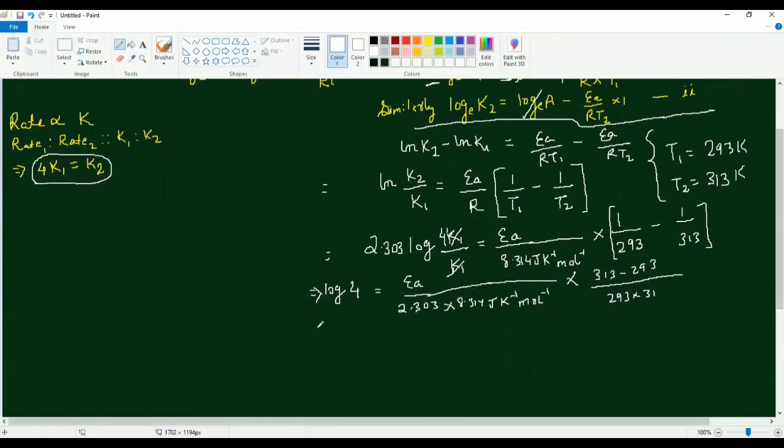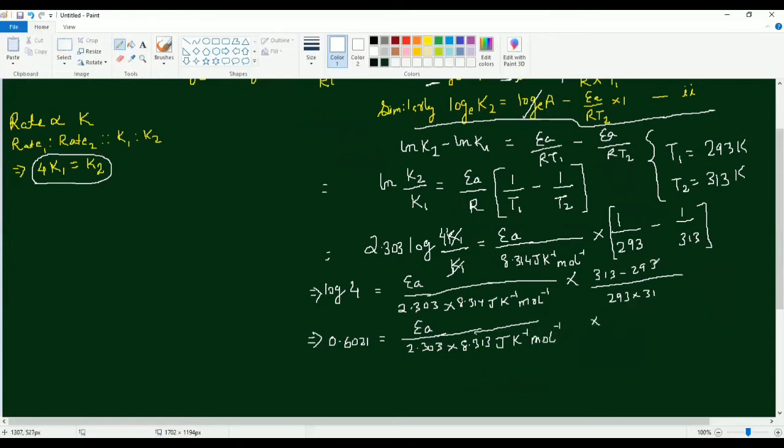Value of log 4 can be seen from the log table. Its value comes out to be 0.6021, which is equal to Ea by 2.303 into 8.314 joule per Kelvin per mole,